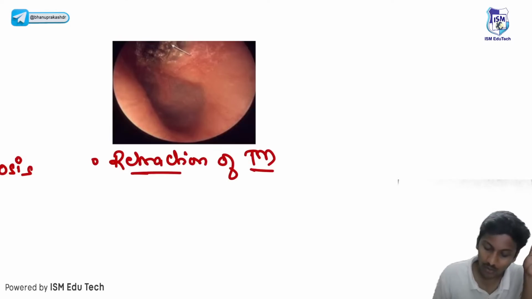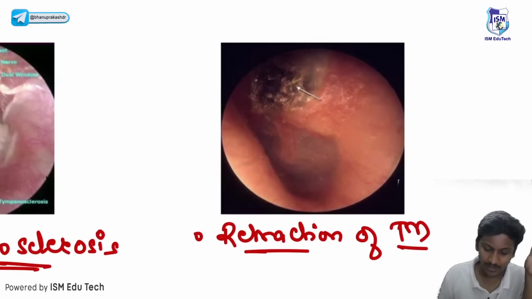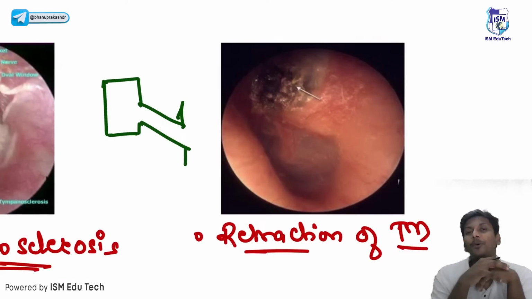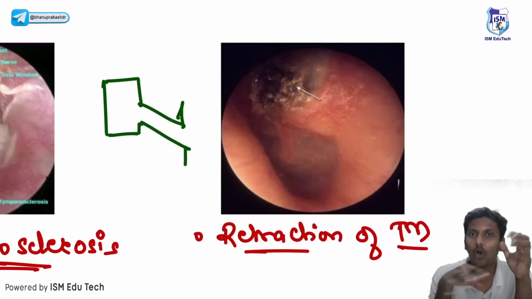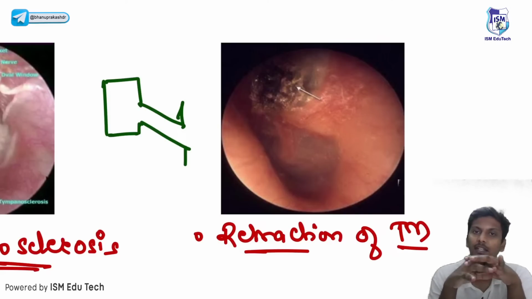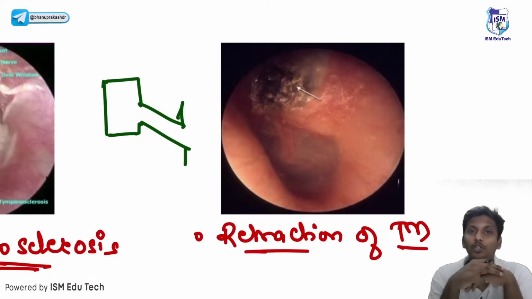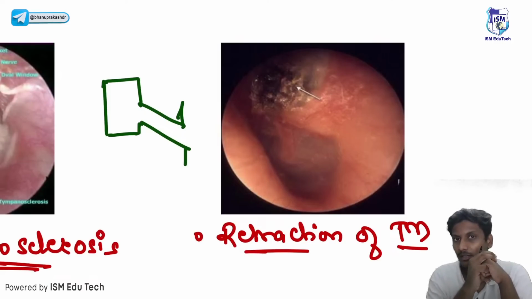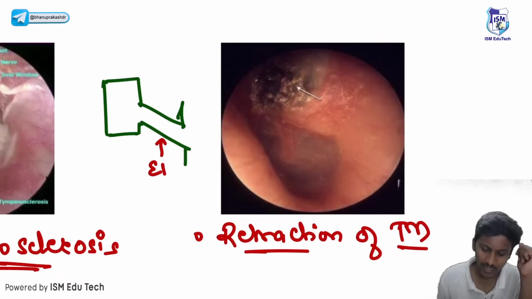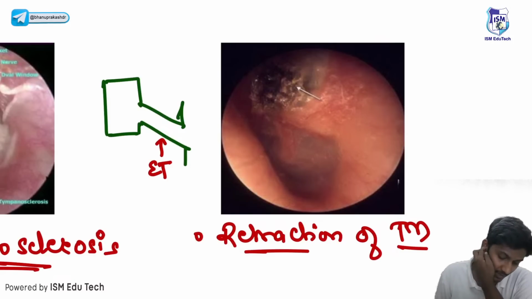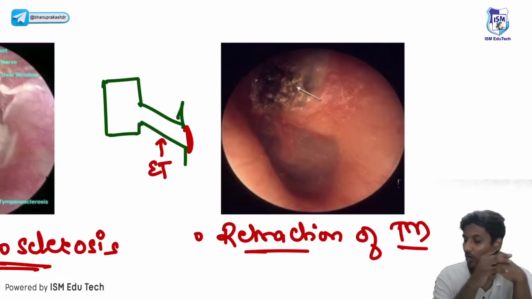Okay, so when does retraction of tympanic membrane happen? Just let me tell you that, it's important. Please remember, this is the middle ear, this is your eustachian tube. One of the important functions of the eustachian tube is to drain all the secretions of the middle ear. All the secretions formed in the middle ear are drained into the nasopharynx by the eustachian tube. The second function is that it is also responsible for maintaining the air pressure inside the middle ear. But in cases where the eustachian tube gets blocked,